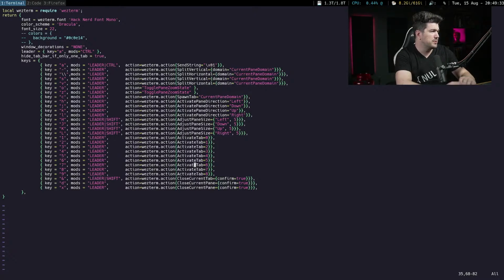All right. So this should help. So the mod is Control A. That's what I set up here. The leader. So Control A, and then I should be able to do stuff like Control A, and then not that. Control A. What is? Oh, because I'm in Vim. I think this is the problem. I needed to set up some sort of lock because being in Vim screws with it.